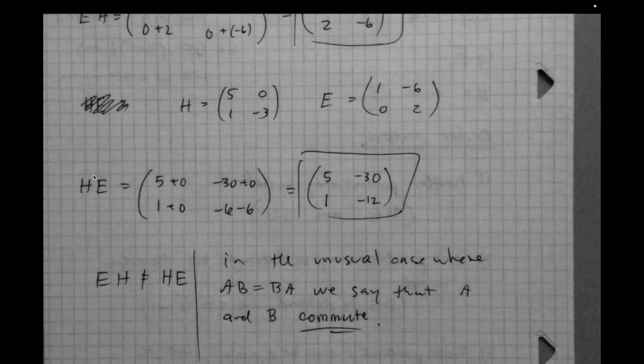Right, 2 times 5 is equal to 5 times 2. Now, in general, matrices don't have that property, but some do. Some actually do, and we'll see later what those look like. But in general, matrices do not. Matrix multiplication is not a commutative operation. There are obviously a subset of matrices where it does work, and in those instances, when AB is equal to BA, we say that those two matrices A and B commute. Okay,